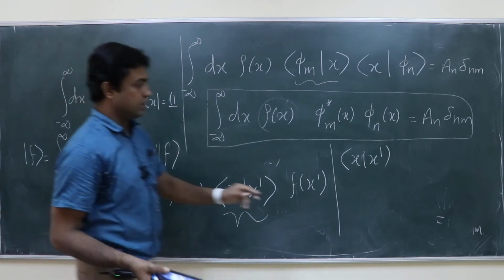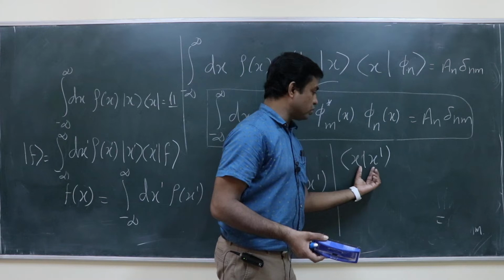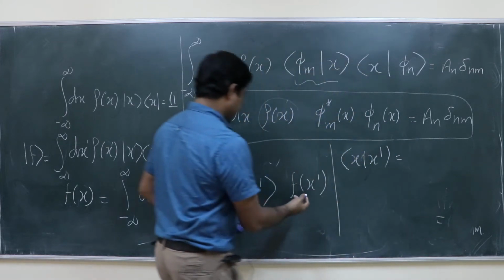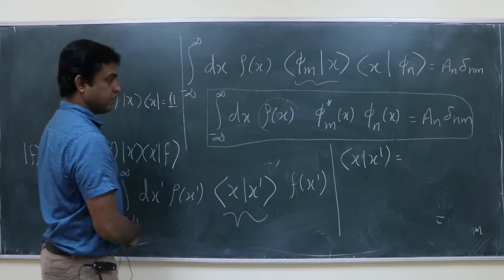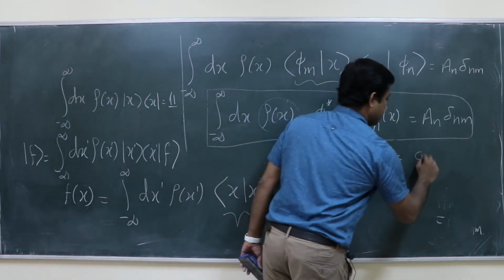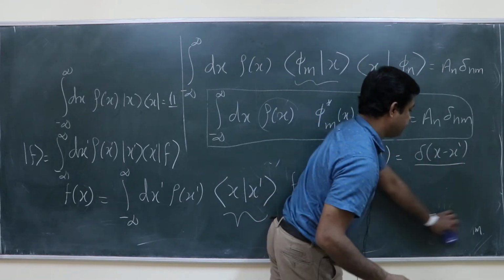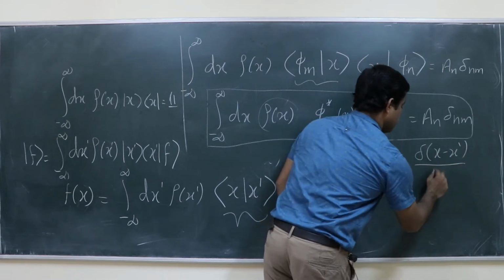In that case, the inner product between those two vectors, one thing you can guess from this is delta x minus x prime divided by rho of